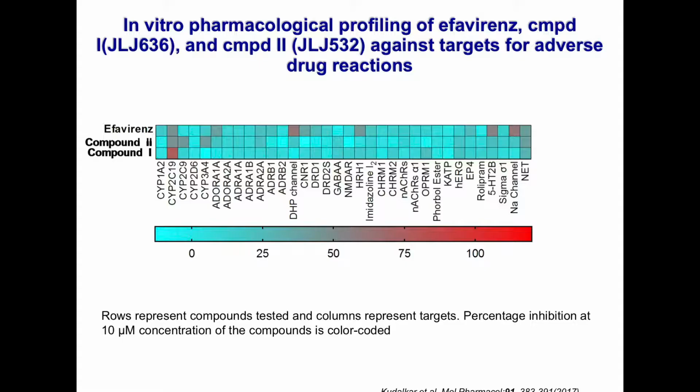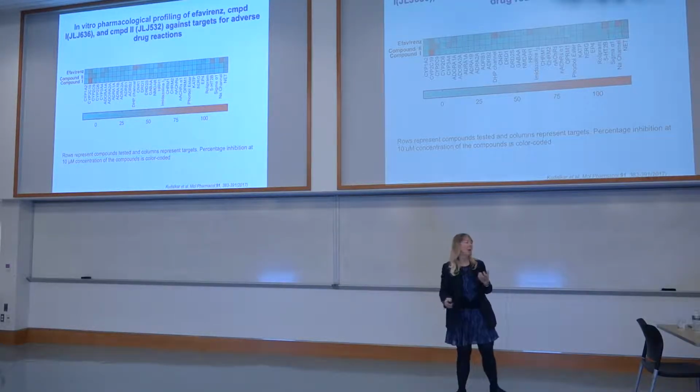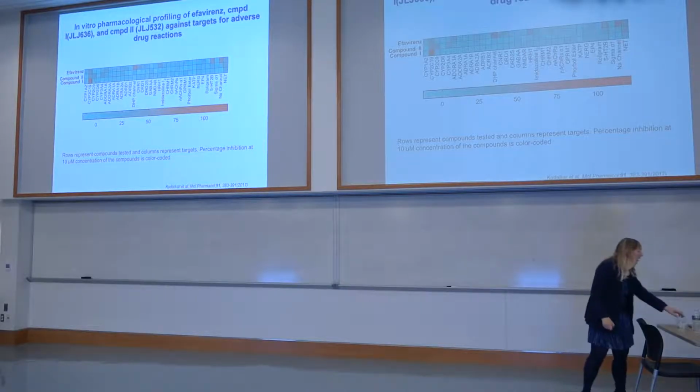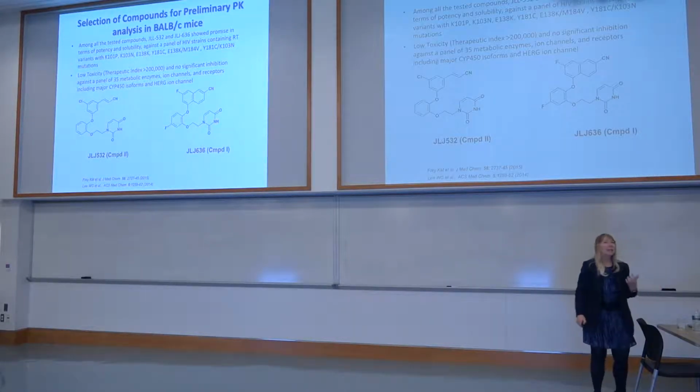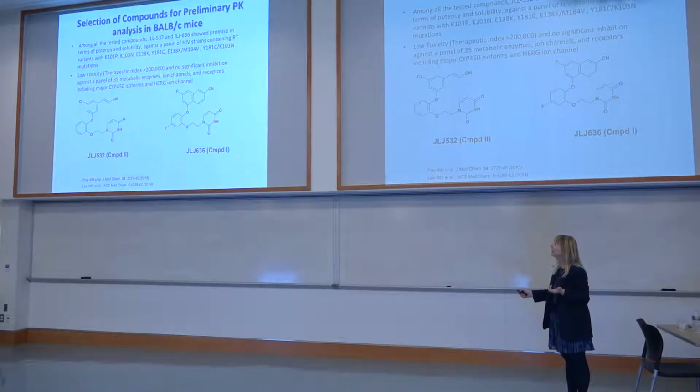With one of the compounds, there is this inhibition of CYP2C19, but that's an isoform that is not responsible for metabolizing the majority of the drugs. The majority of drugs are metabolized by CYP3A4, which is what we really worry about. And so we wanted to go further then and get some real pharmacological information in terms of PK.